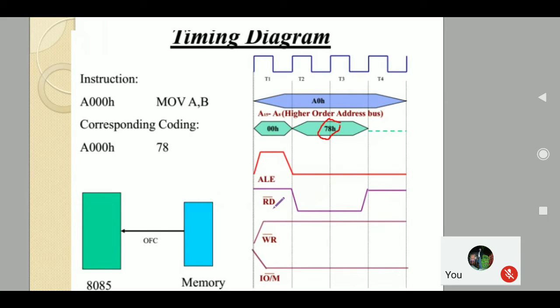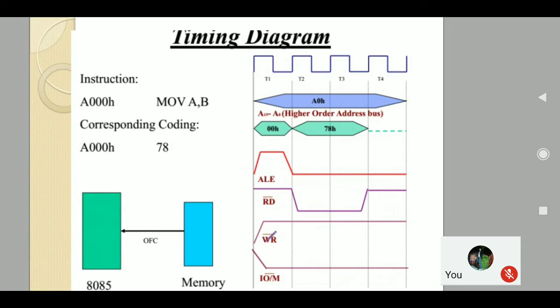So I need it to be low in that particular opcode fetch phase cycle. How many cycles are completed in the opcode fetch cycle? T1, T2, and T3. In that particular time RD will be low. And then, after the completion of loading this opcode, the normal high will be there.